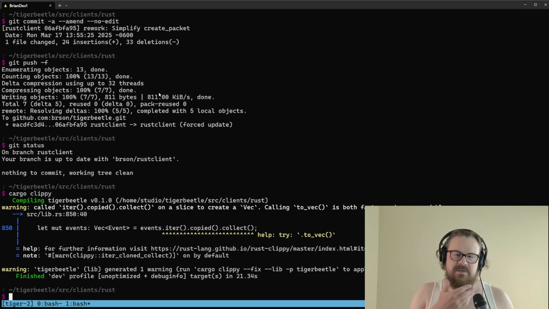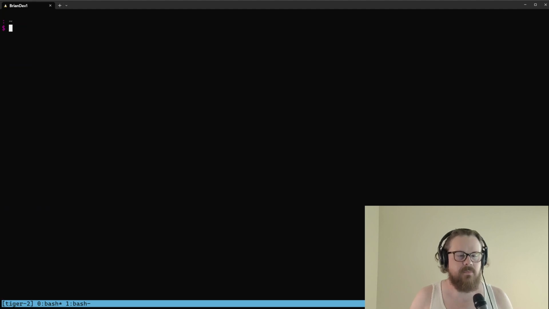All right, so we do have some kind of thing here that we missed during our refactoring last week. Iter copy collect is both faster and more readable. Huh. Events.toVec. Okay, this makes sense. Let's go look at this code, 850. I don't even have my Emacs. Tiger Beetle, source, clients, Rust, source, lib,